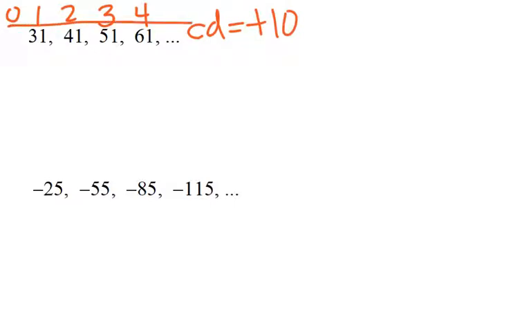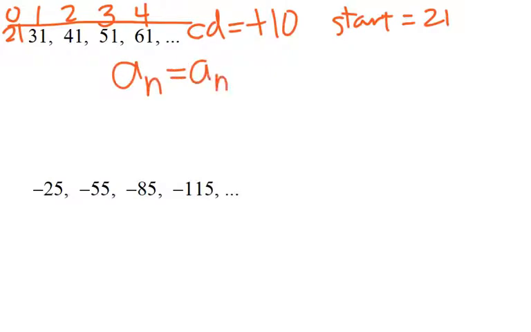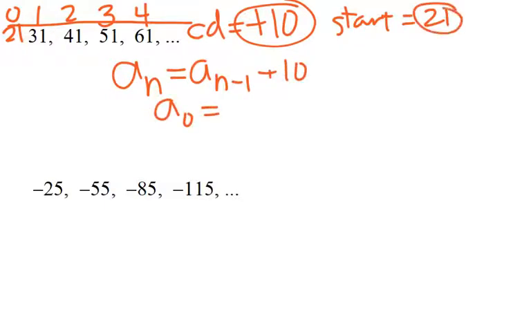We'd go back by 10, and that would be 21. So we start at 21. So again, I know I'm going to go a sub n equals a sub n minus 1. And then we add 10 to that. That's how it's growing. Where did we start? A sub 0. That was 21. Okay. And that's all it takes for us to create these